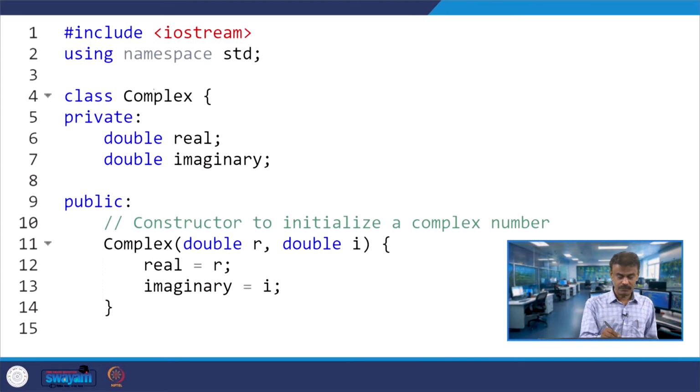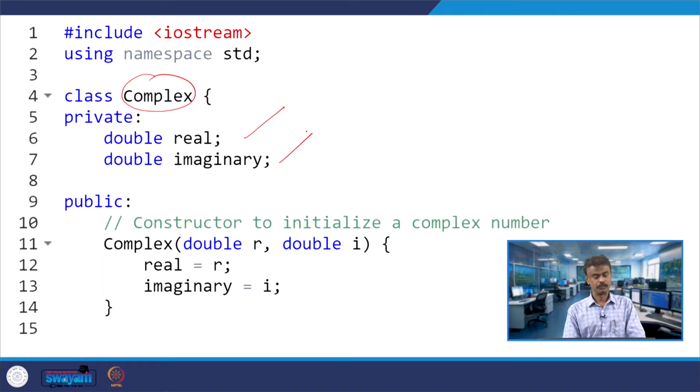Let us have the class Complex. The class Complex has two member data, real and imaginary. It is almost similar to what we had seen in the multiplication of two complex numbers. And here you have the parameterized constructor. The name of the class is Complex and the name of the special member function is also Complex, so obviously it is a constructor, and we are using two parameters R and I, the real and imaginary.